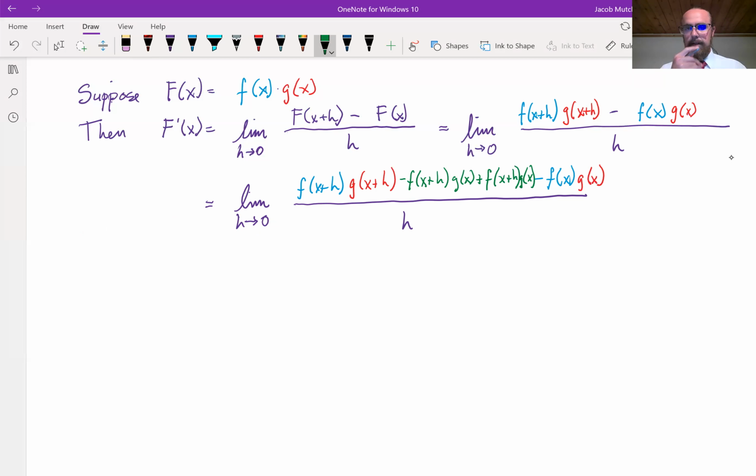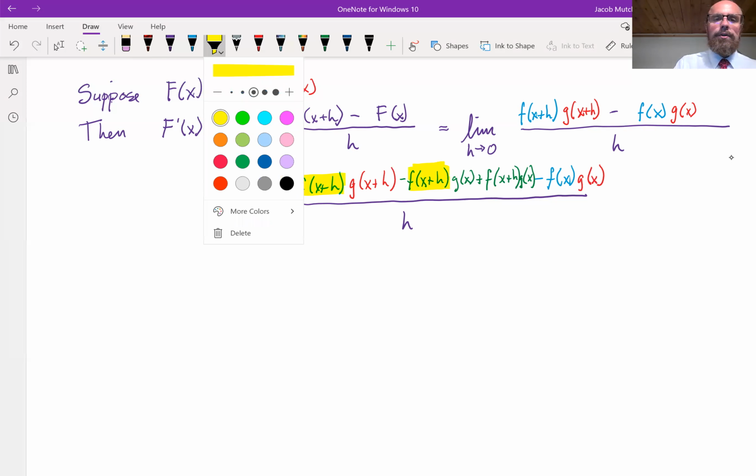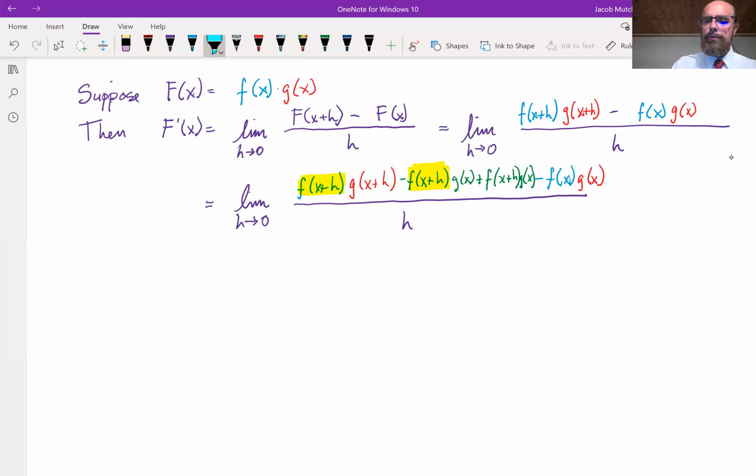Now, why do I put that there? I'm going to highlight two terms here in my numerator. So let's get the yellow highlighter. These are the same terms. So what I'm going to do initially is factor that out. Again, this is just laying out my strategy at the outset. I'm also going to try, we'll highlight this in blue, to factor out g of x in this second pair. So that's where we're going. I'm going to factor out the yellow term, I'm going to factor out the turquoise terms,